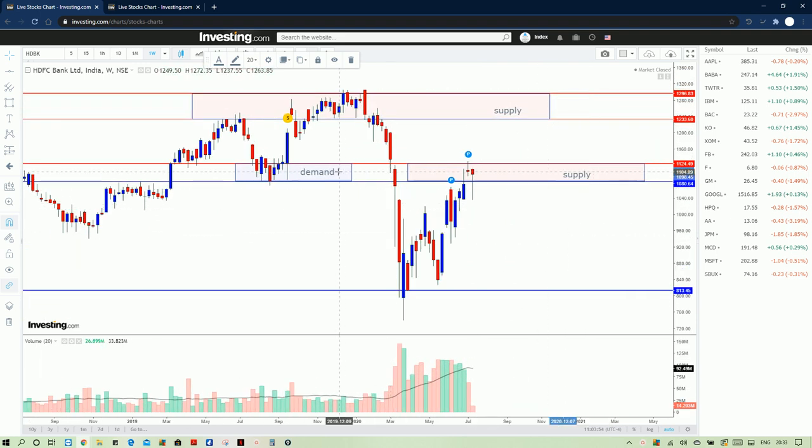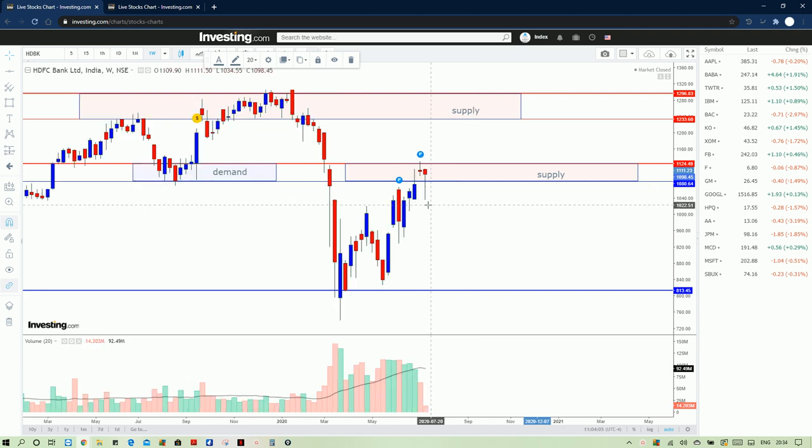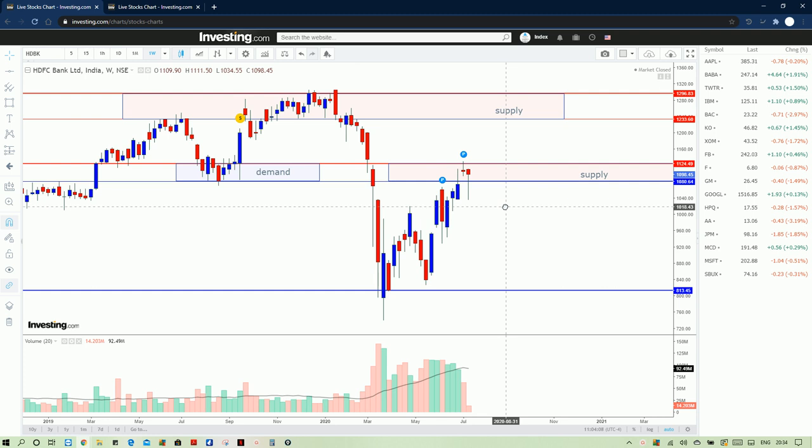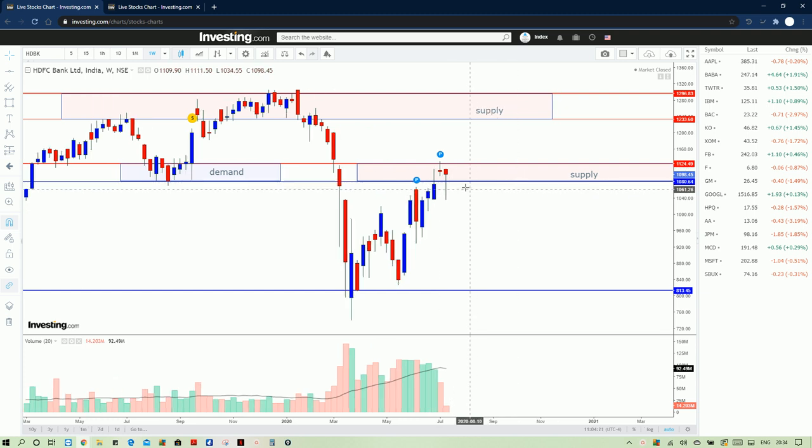In a similar way we need to identify the zone. Now the stock, you can also see that there are blue candles here. Blue candles are the buy candles and the red candles are the sell candles. So here you can see that the stock is getting a reversal. For the past 2 weeks you can see some distribution happening. So there is no buying happening. You can see that it is green and red candles.